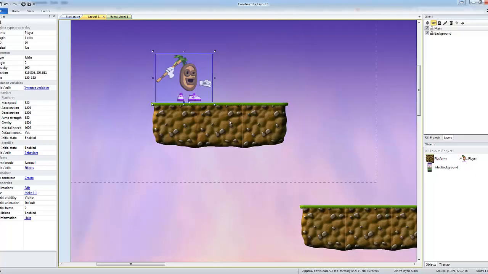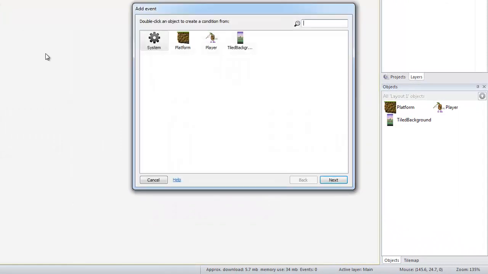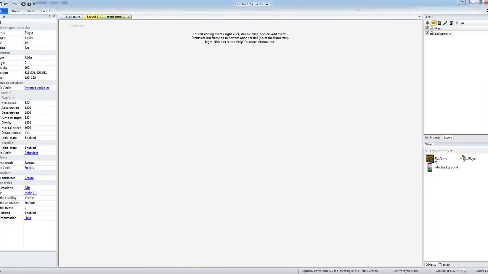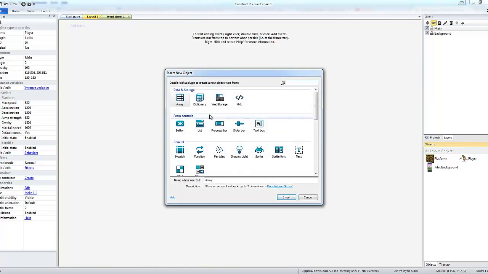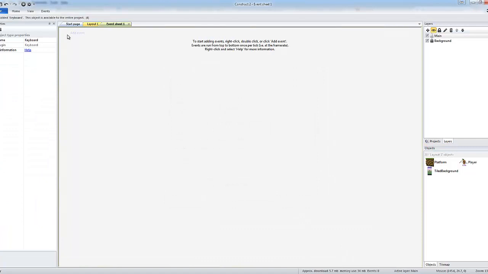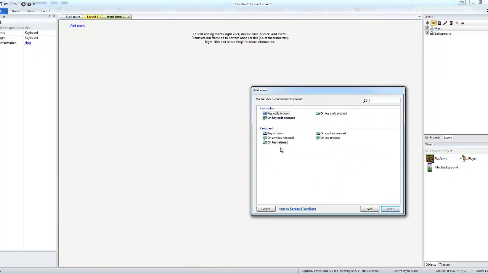Okay, right, so the next thing is that we need to tell it that when it moves, it's going to change its animation. So go into the event sheet and add the event at the player. We're not going to do that first. The first thing we're going to do is add a new object into the game, and the object is going to be a keyboard. Insert that. Now we've got the keyboard in there, we can add a keyboard event. So keyboard, and when the key has been pressed,